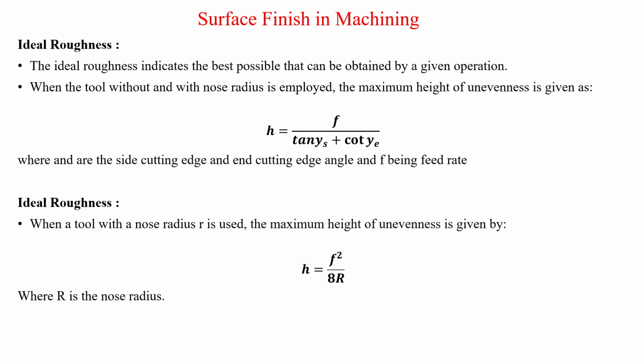Okay, so we have also seen in the previous class how to calculate the roughness value for a perfectly sharp tool, with almost no edge radius or nose radius. The surface roughness is given by f upon (tan γs plus cot γe), where f